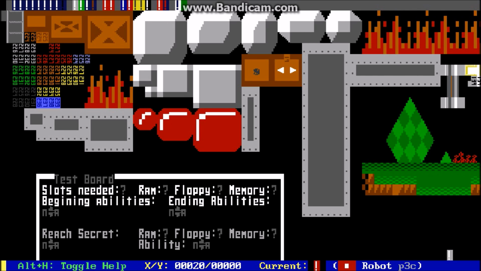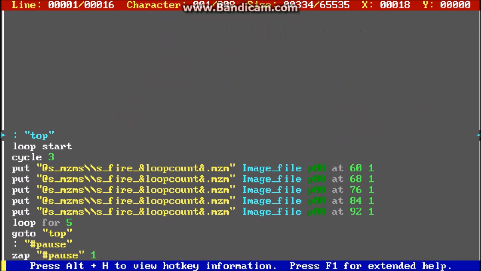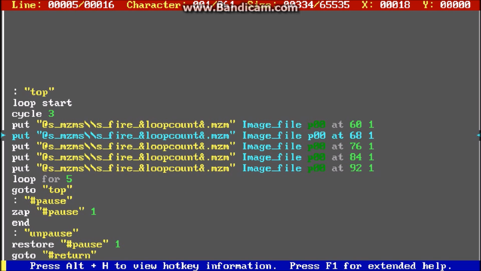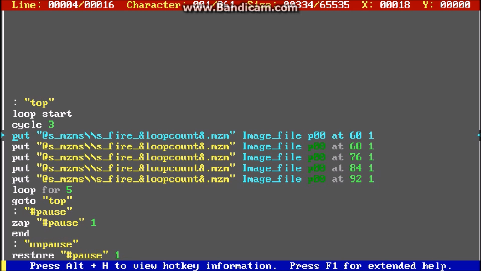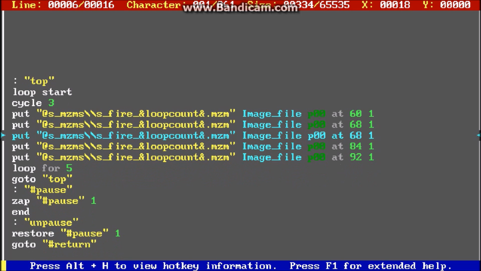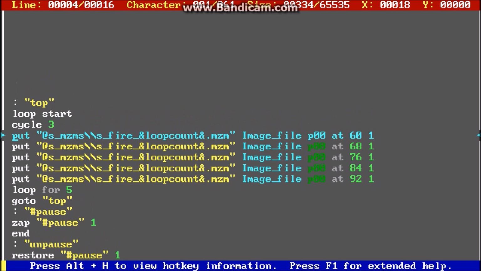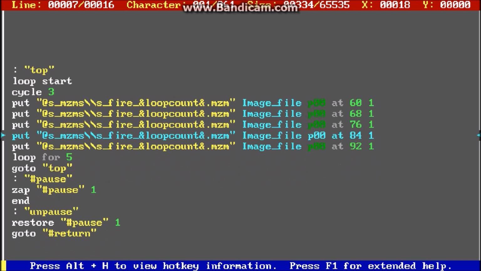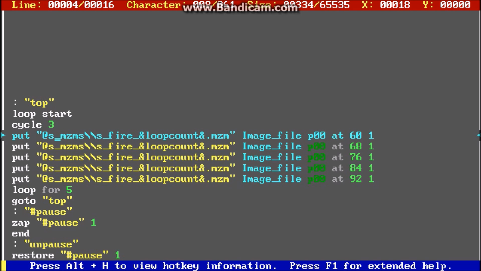And what I did was create a robot that just has a loop that loads the fire MZM into 5 consecutive spots along the board, so basically all the fire MZMs are right next to each other. They're about, I think, 8 characters long, so I just repeated them 5 times for a total length of 40 characters. And it just puts an MZM file into the spot, and then what I did was I named the